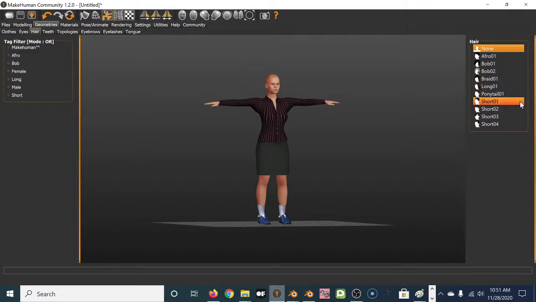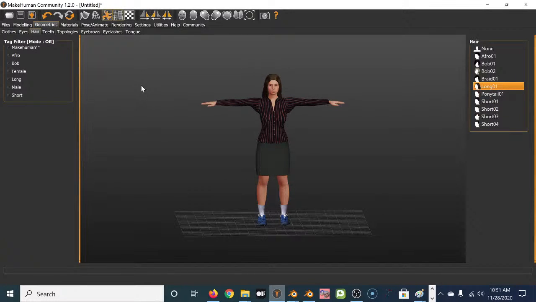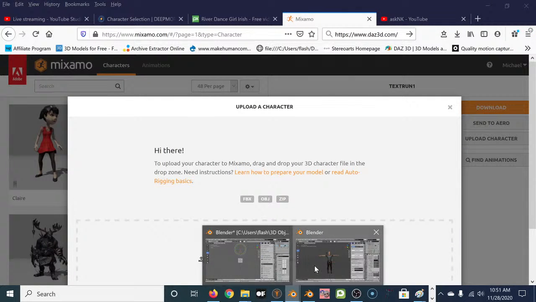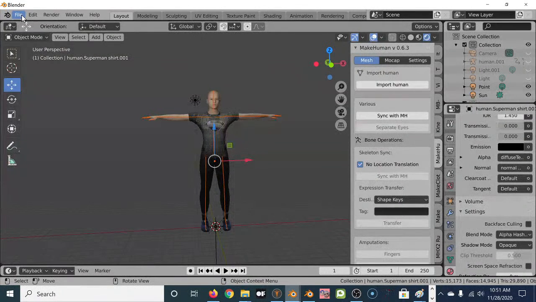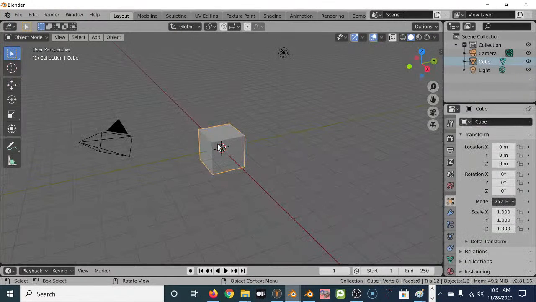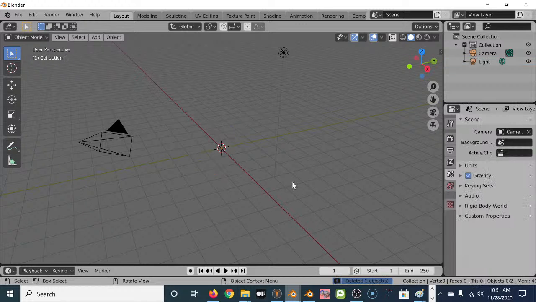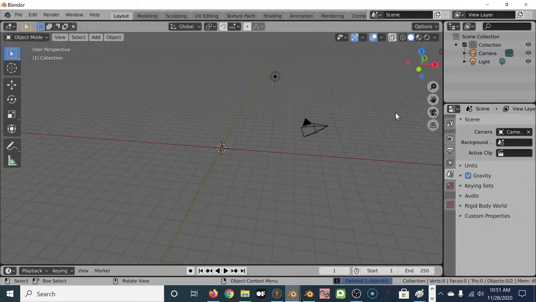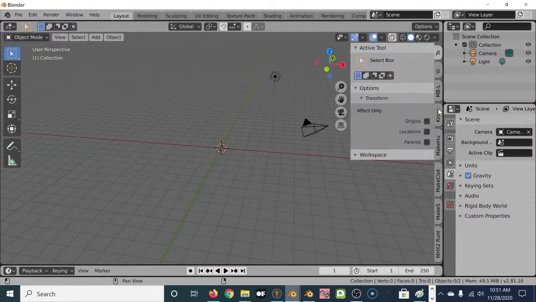So what do we want to do? We want to add hair, obviously. So add a little hair. That's your workout, and that's it. We're done. So we're going to export this, just showing y'all folks the full process starting from scratch. So we're going to go new, general, don't save, get rid of the cube, delete it, and we're going to bring her in. So we go to the MakeHuman add-on,